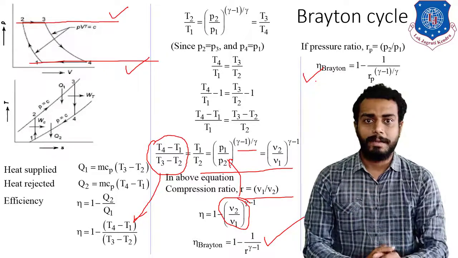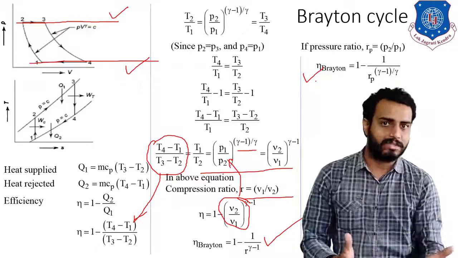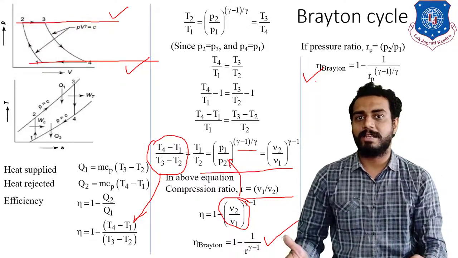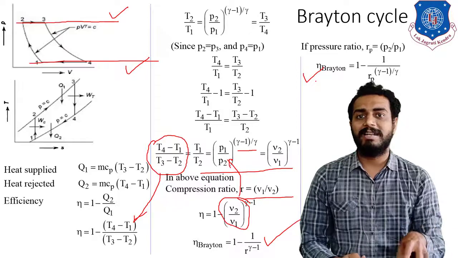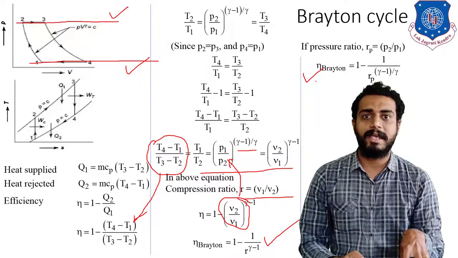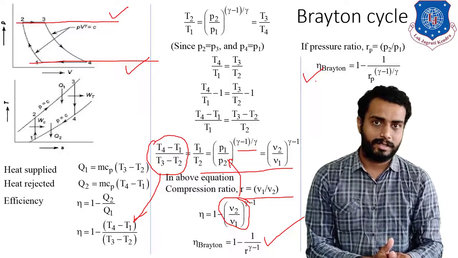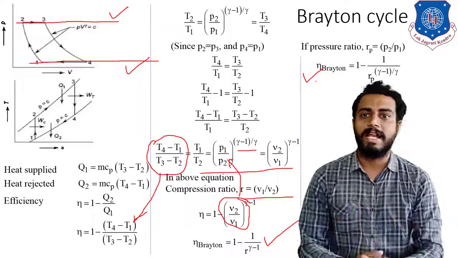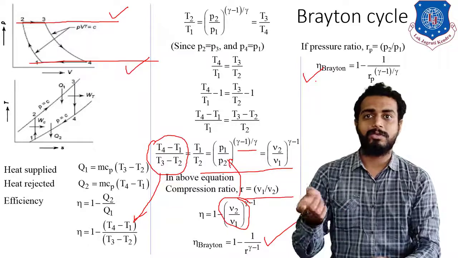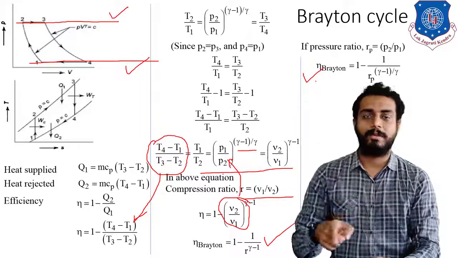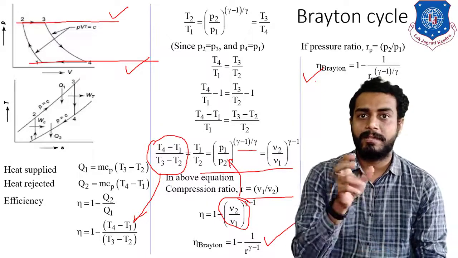Remember students, the Brayton cycle is used in two ways, that is open cycle as well as closed cycle. Open cycle Brayton turbines are used in aircraft or rocket engines, and closed cycles are used where high temperature gas reactors are used, and high temperature gas reactors are generally combined with nuclear reaction. Okay, so that is where these cycles are applicable. One more thing you should note, that the working fluid which you are going to use is air. Air will be circulated throughout the cycle.